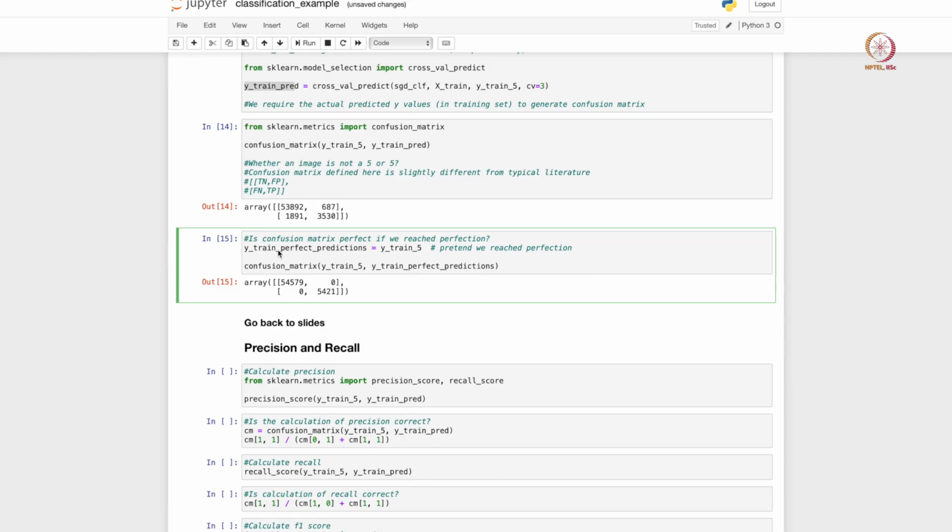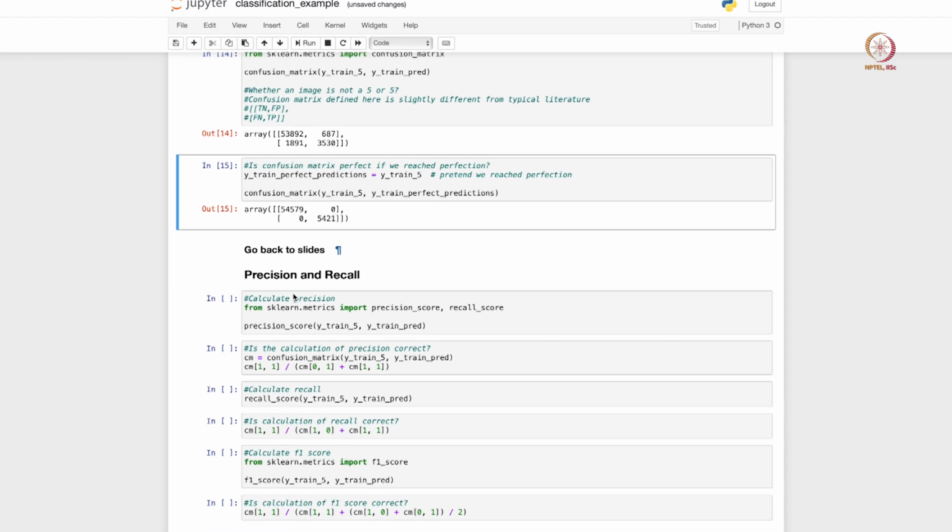In case you had a perfect classification model, you will also get a perfect confusion matrix, and just to illustrate how that perfect confusion matrix will look, we just created a pseudo confusion matrix here, right. So if you had a perfect confusion matrix, only your diagonal terms will exist, and if you sum them up, it will add up to the total number of data points you have in your training set, and your off diagonal elements will be 0, right. So that is an example of a perfect confusion matrix. Let us now go back to our slides,